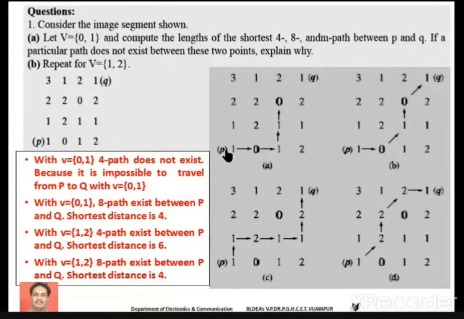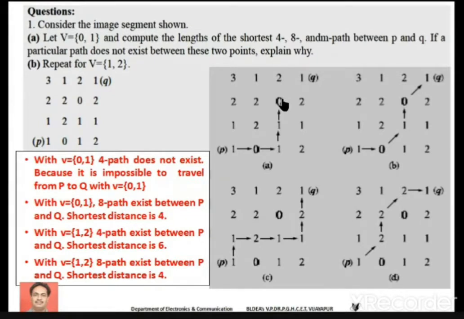That's why we choose this particular path, 1 to 0. Okay. Next, 0 to 1. Yes, it is possible. Again, I can move vertically, 1 to 1. Next, I can also move 1 to 0, right? But after that, I can't reach the pixel Q because I have to make a diagonal movement. But however, in 4 path, the diagonal movement is not allowed.